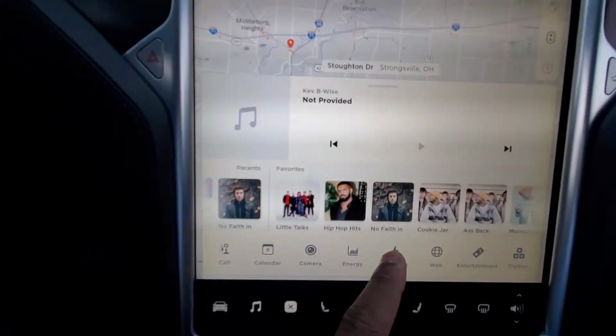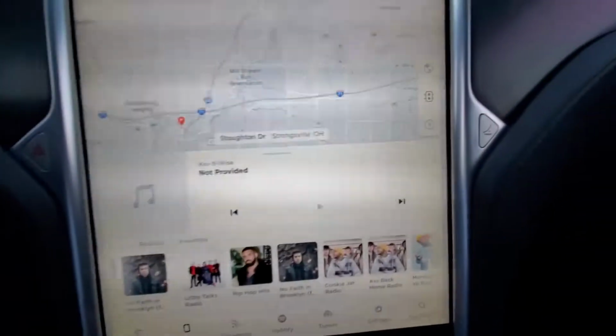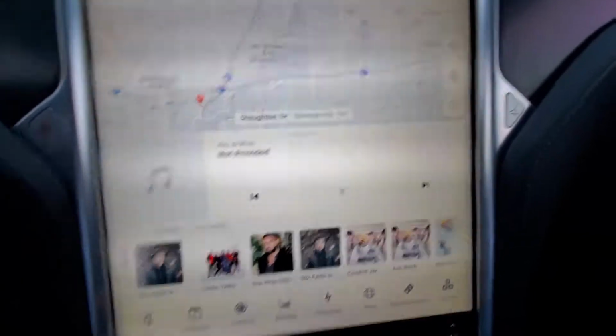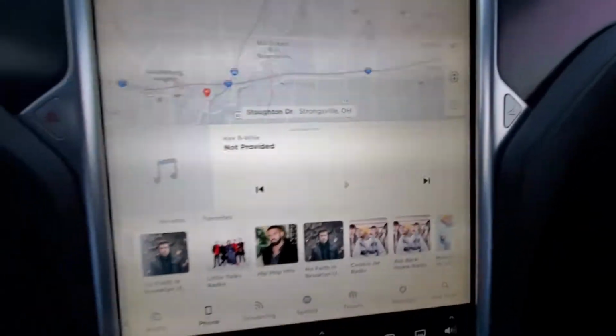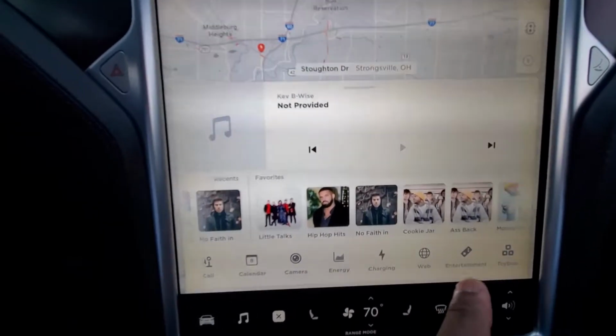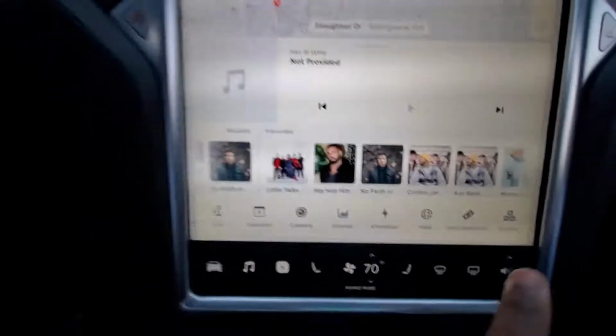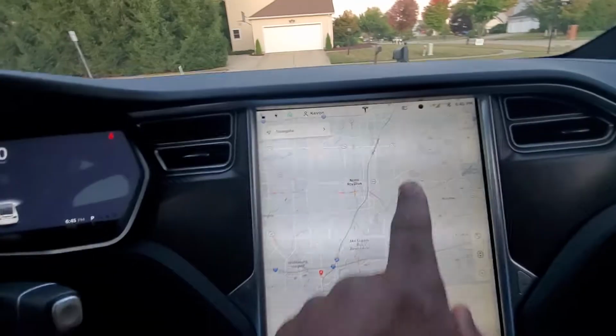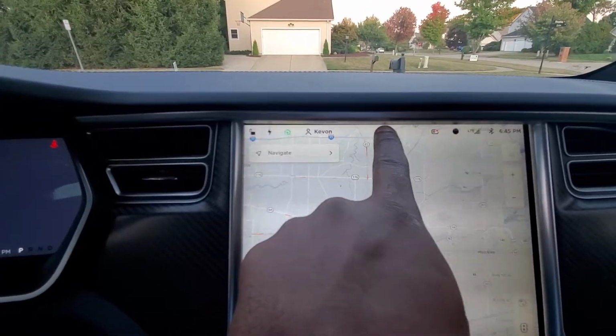Then you have the charging. Once you tap that, it'll give you the charging information. Tap charging. Or not, maybe that link is broken, but whatever. Then you have the entertainment toolbox, toy box. These two right here are the same thing as hitting the T. If you were to tap the T,